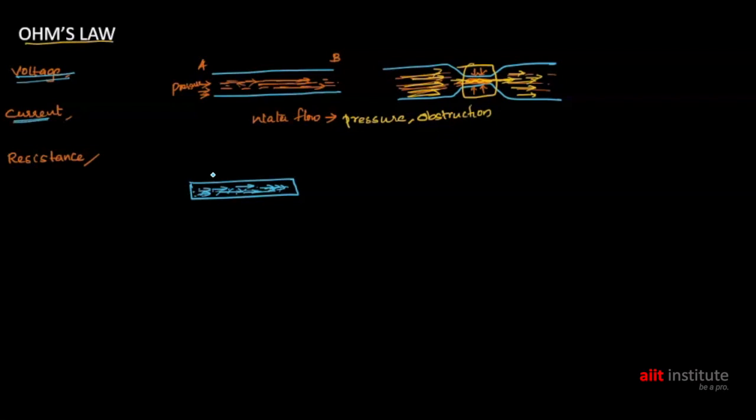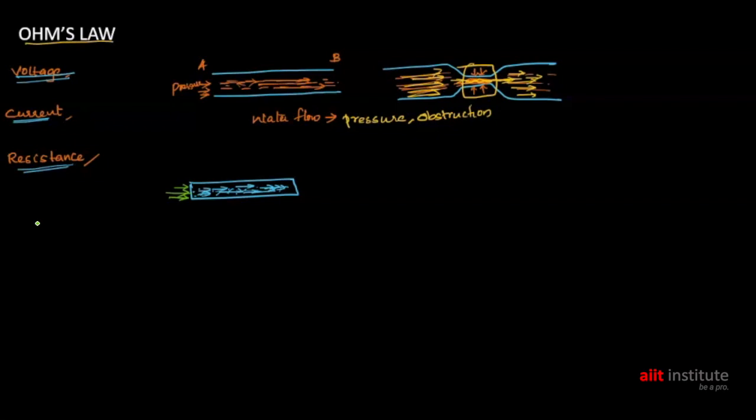Similarly, the obstruction I said, right? Obstruction is nothing but the resistance of the conducting material. So how much the charge flows in a period, that is the resistance. So Ohm's law is saying that the current or the flow of electron, that is nothing but the current. So the current flow is depending upon the pressure or potential energy or the voltage applied and the resistance of